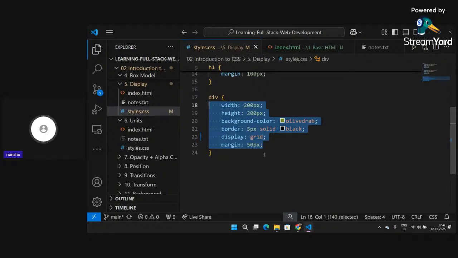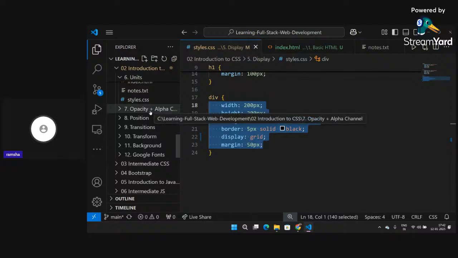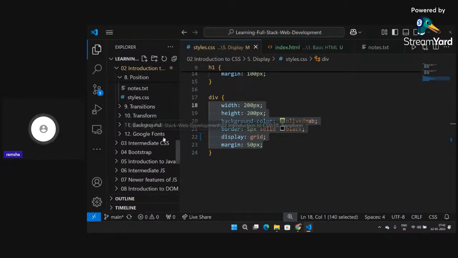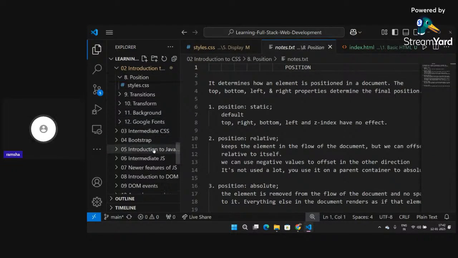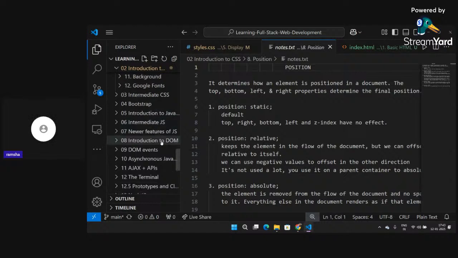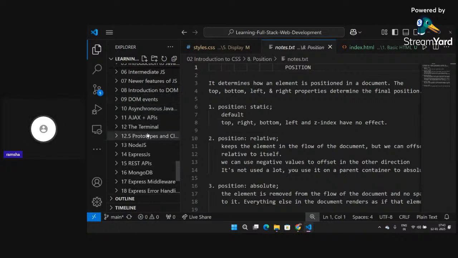So for today's class, we studied a lot of things. You can practice this on your own a little bit. In tomorrow's class, we'll study opacity, the position property, transitions, and how to add animations and bring life to our website. We'll also work on a project: we'll try building a portfolio website from scratch and adding CSS and animations to it. Then, if time allows, we'll learn a little bit about JavaScript, and then continue with the APIs part